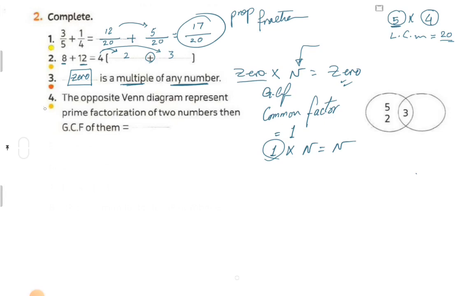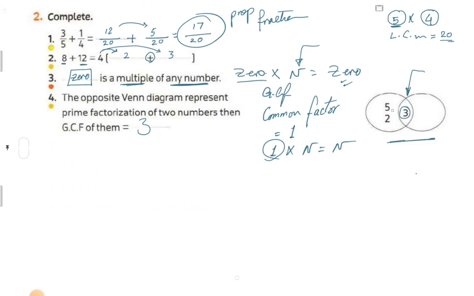Question number 4. The opposite Venn diagram represents the prime factorization of two numbers, then the GCF of them. Look at this Venn diagram. We know that the GCF, using the Venn diagram, is the factors in the common space, multiplying them. Here we just have 3. So directly we can say that the GCF is 3. To be sure about that,